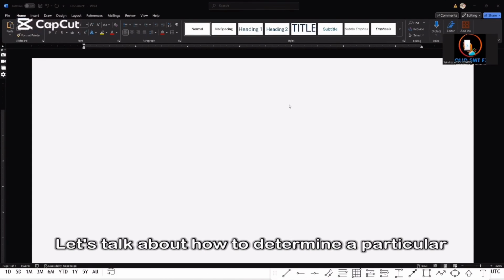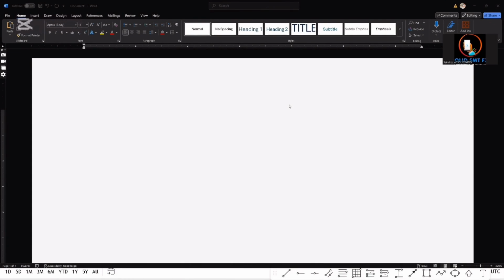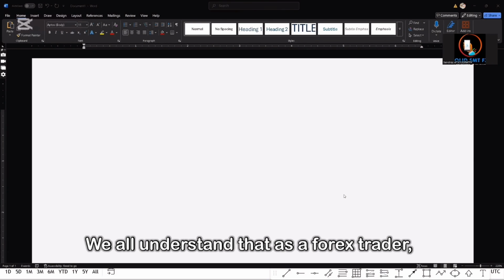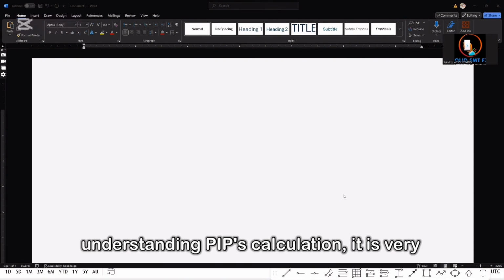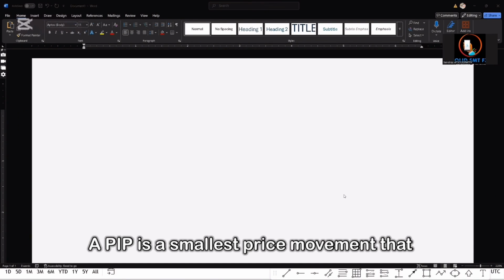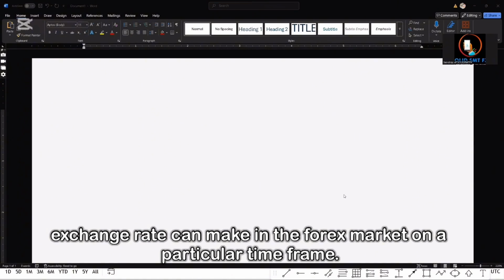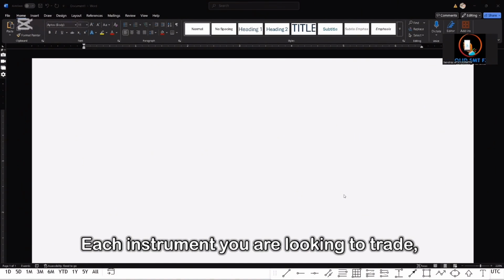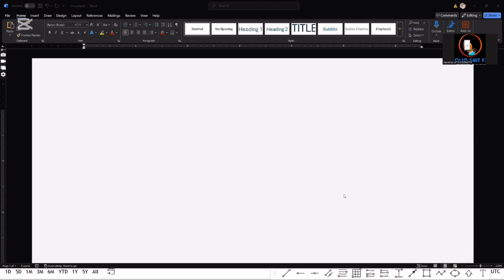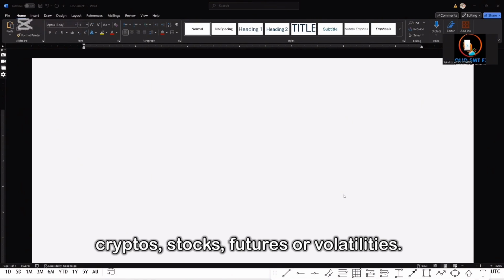Let's talk about how to determine a particular lot size to use on a trade. We all understand that as a forex trader, understanding pips calculation is very, very essential. A pip is the smallest price movement that an exchange rate can make in the forex market on a particular time frame. Each instrument you are looking to trade, whether it's currency pair, commodities, indices, cryptos, stocks, futures, or volatilities,